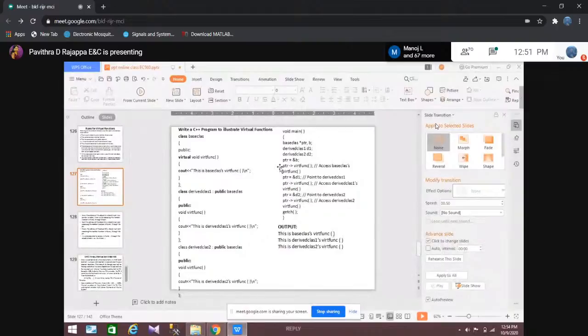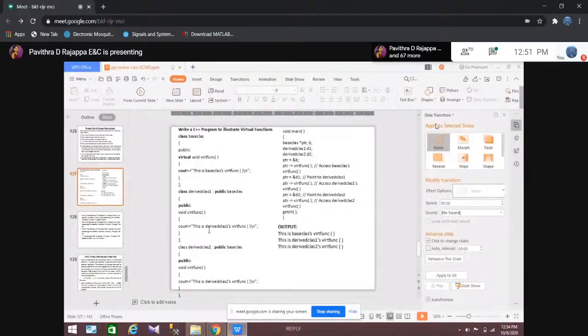The compiler gets to know which virch function has to be executed in this example, and depending upon that, we call this runtime polymorphism or runtime overloading. So here we are overloading the virch function. It acts differently in different instances.